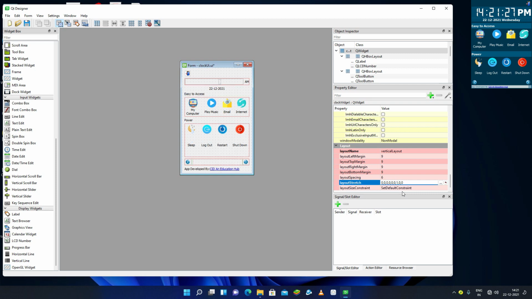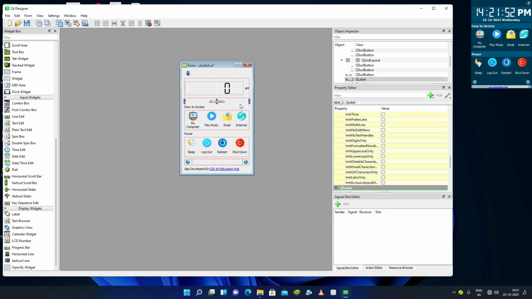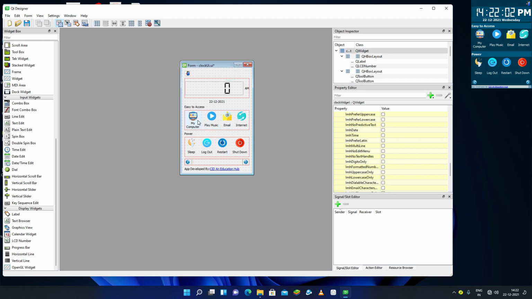So I'll select 1 here, and also 0 for power, and 1 for my computer, play music, email and internet. So I'll select 1 here. Now I can also select for our time widget, so I can select 1. So it will be the size. Okay, so this is now here. Fine, everything is fine.